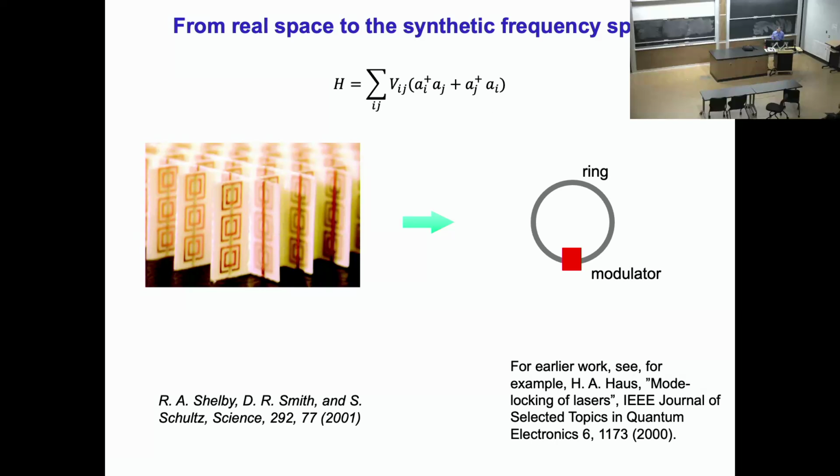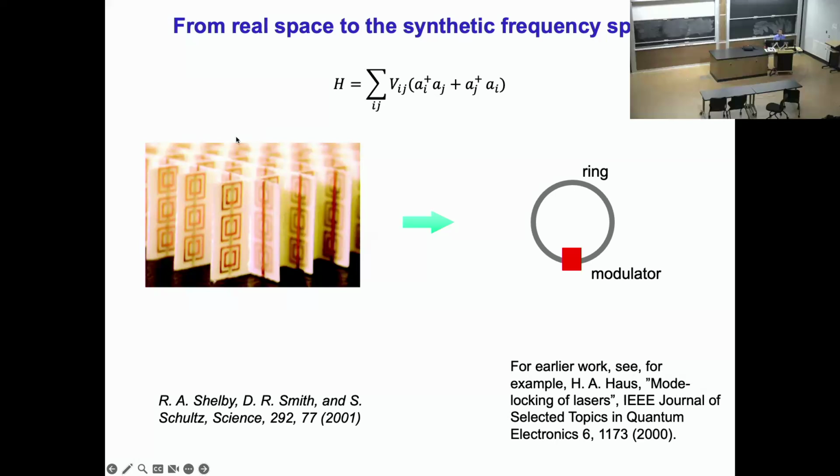Now, this is a fairly sophisticated process. These are not trivial structures to think about. They are also quite complicated, especially when you are trying to do higher dimensional systems. So what we would like to do is to simplify the process of trying to create some of these Hamiltonians. And the idea is to trade the complexity. In other words, you need the complexity of this Hamiltonian, but to implement it, instead of doing it in real space, and therefore for each Hamiltonian needing to think about a particular structure to implement it, we go to